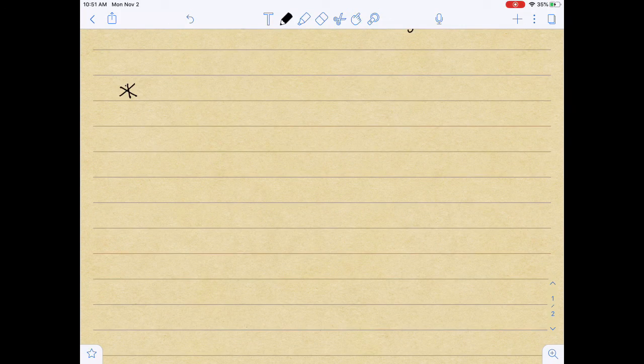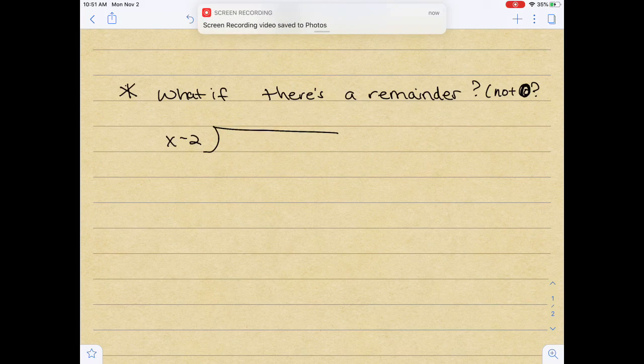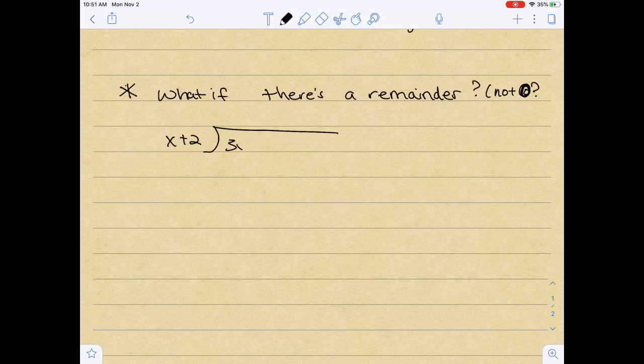So one thing I wanted to add to the video that you learned about long division is, what if there's a remainder that's not a 0? So here's what you would do. Let's say you divided x plus 2 into 3x cubed minus 4x squared minus 28x minus 16. We're going to do all this work, this long division, which I already showed you, and then we're going to end up having